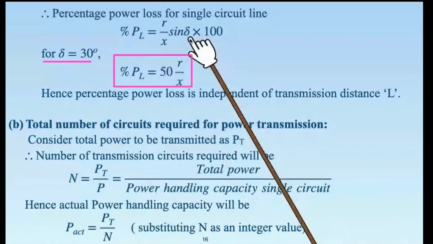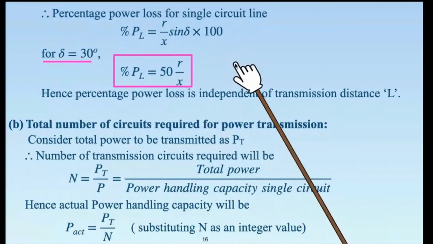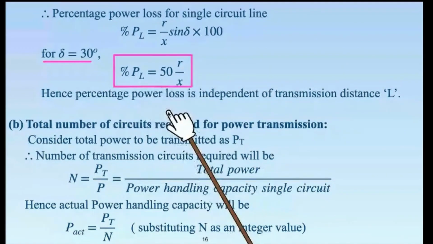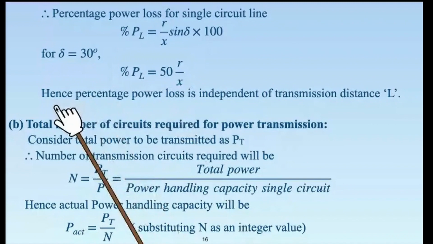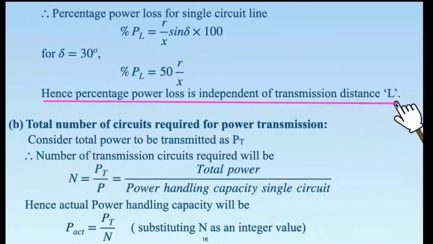sin delta is equal to 0.5. So 0.5 into 100, 50 R by X. Okay. So what does this equation suggest? This equation suggests that the percentage power loss is independent of transmission line